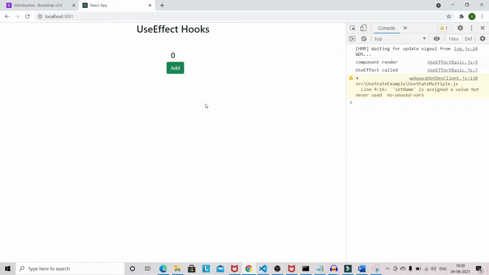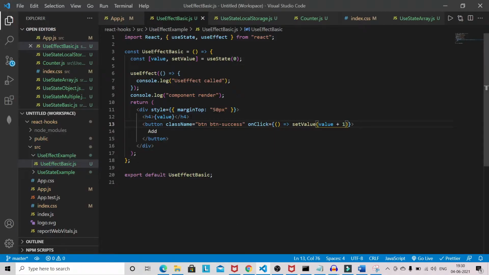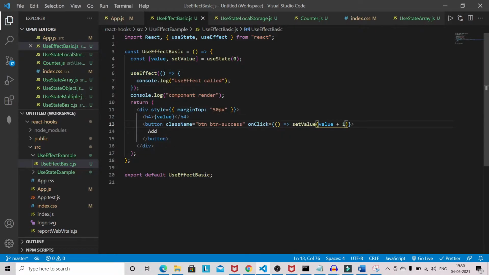So what we have to do, let's increase. You can see that this "component render" is called and "useEffect called". So useEffect is called on every render. Whenever you do a re-rendering, this useEffect will get called, and this console log will also get called.